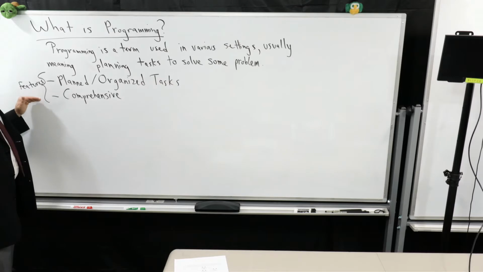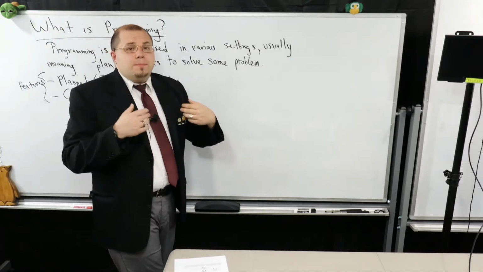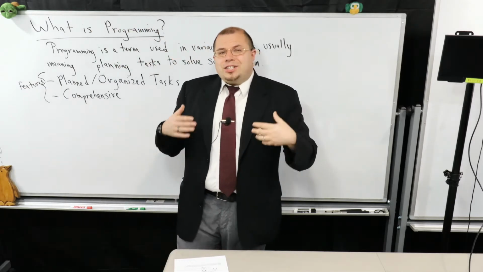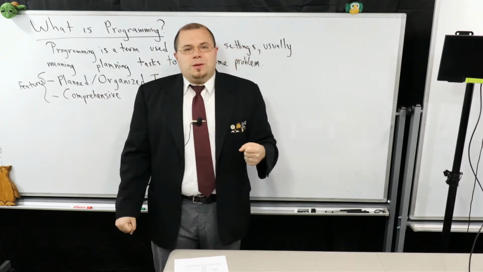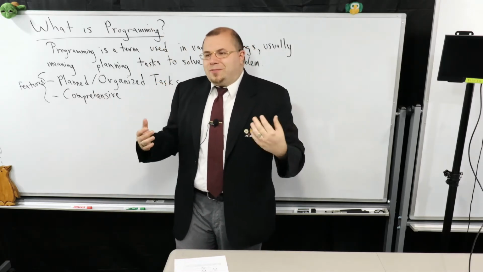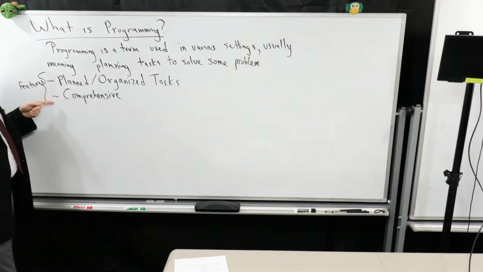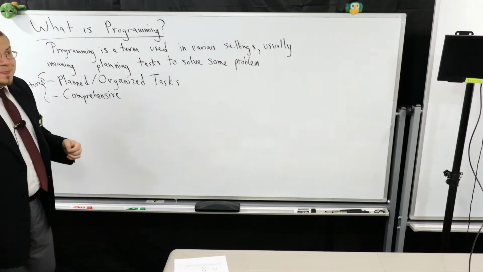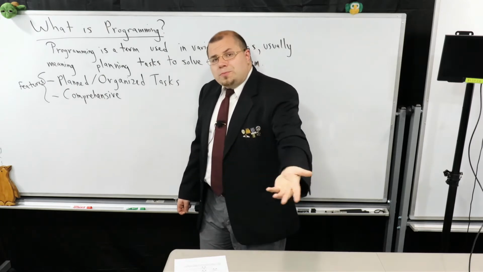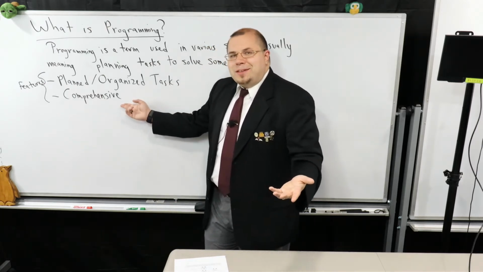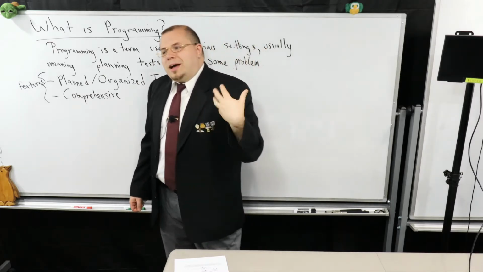The second one is comprehensive. If I give you a program, a plan, the intention of the plan is to communicate the objective or way I could solve the problem. So if, for example, I'm doing children's programming, all the workers that look at my program need to be able to understand it. The idea is very simple. If I give people my program, they should be able to actually read and understand it, so there will not be a confusion.